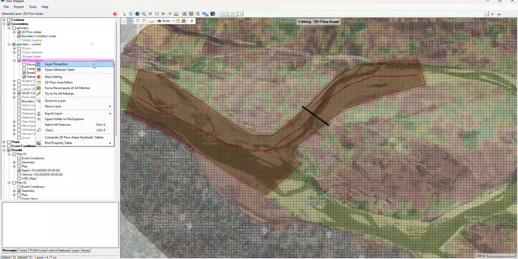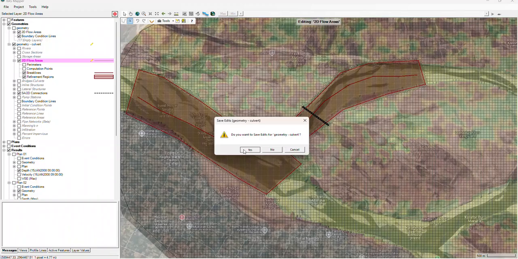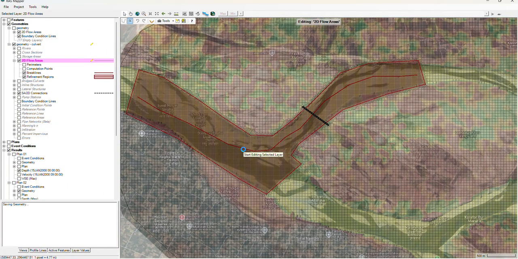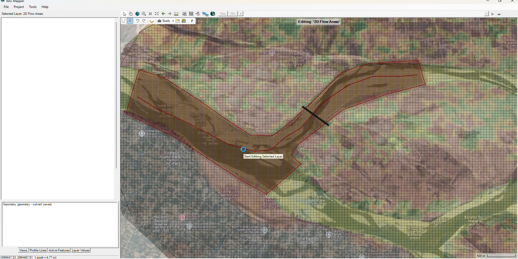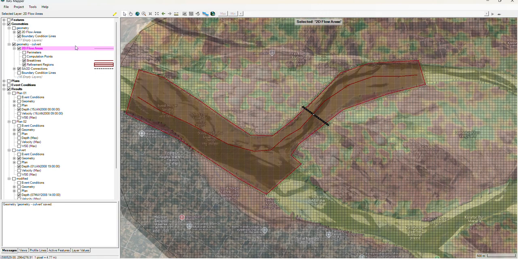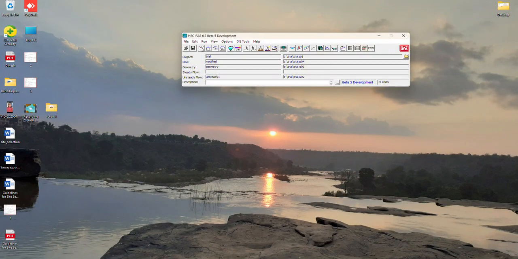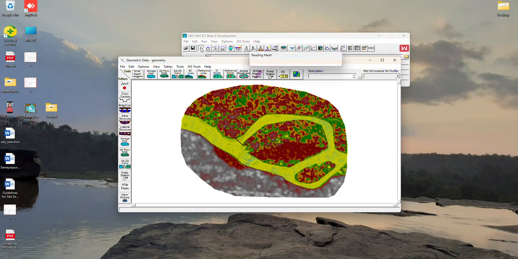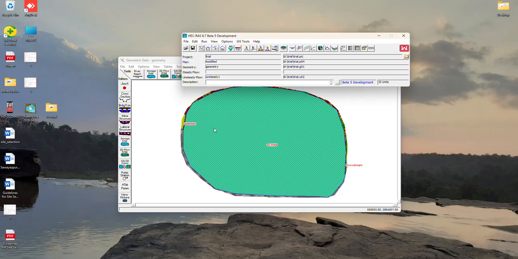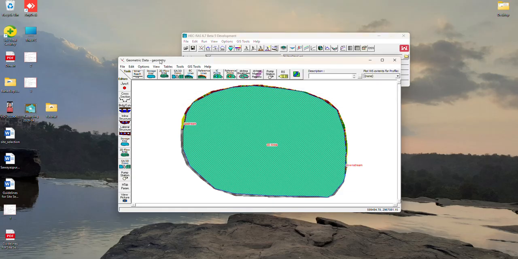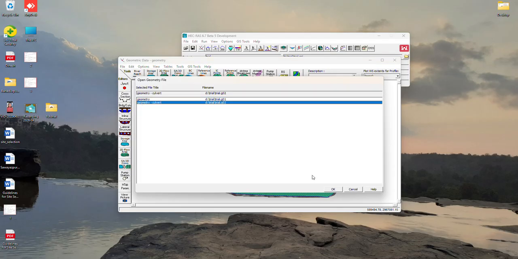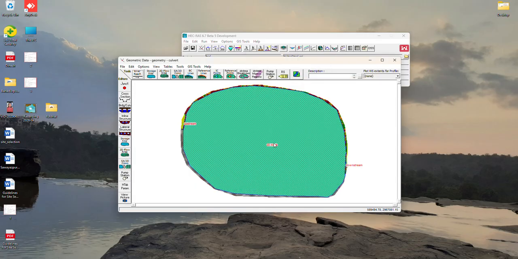After doing all these things, you have to save your work. After saving, you can minimize it or close it. After that you have to go to Geometry here. When you go in geometry, let me select the culvert geometry. When you select this geometry, you will find